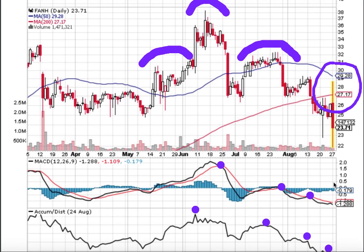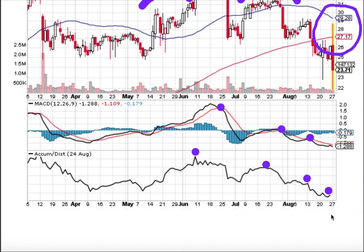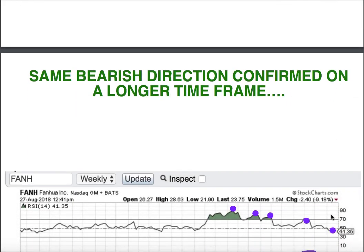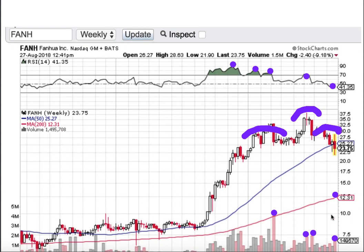At the same time, we're observing the accumulation distribution is extremely bearish as well. Every time the stock bounces higher, we are seeing that these red bars are confirmed by significant distribution from the institutional investors. Now, let's take a look and see if these signs, this bearish direction, is confirmed on a longer time frame. And